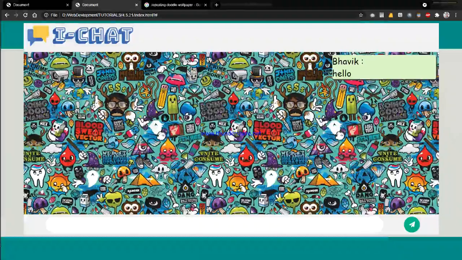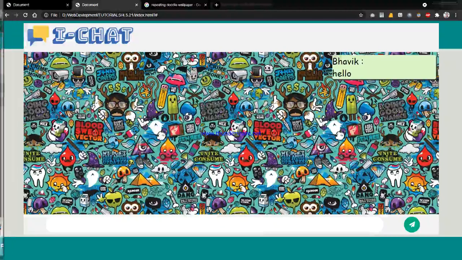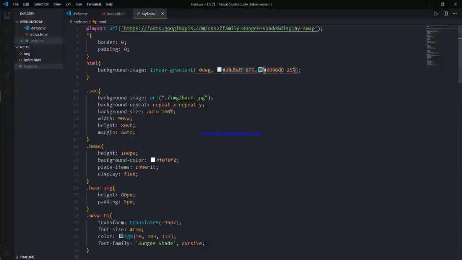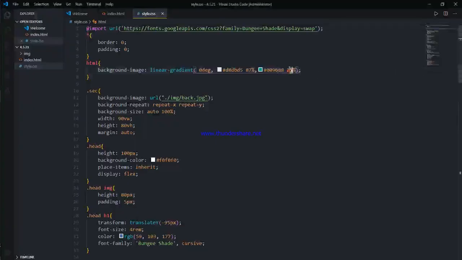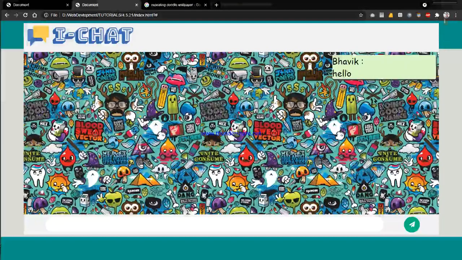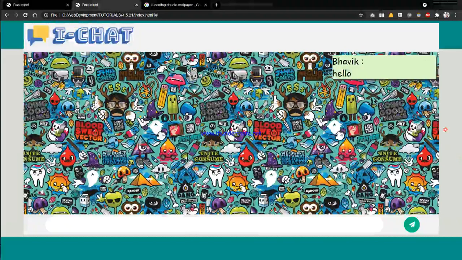So we will give it 0, and the second color which we'll see here, and this is the first color which we'll see here. So the first 25% of it should be this, and the other part of it should be this.